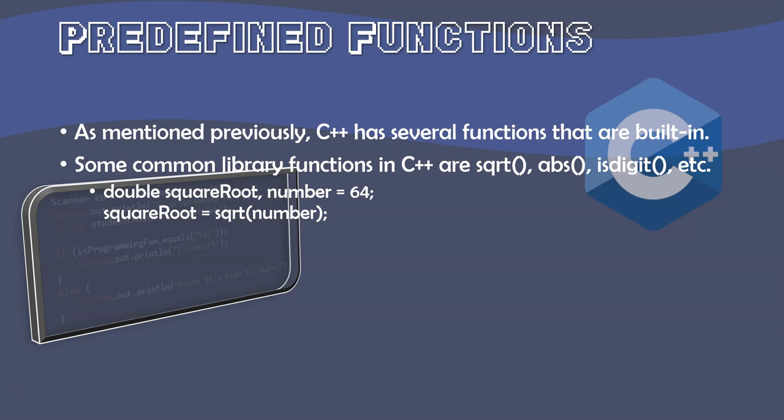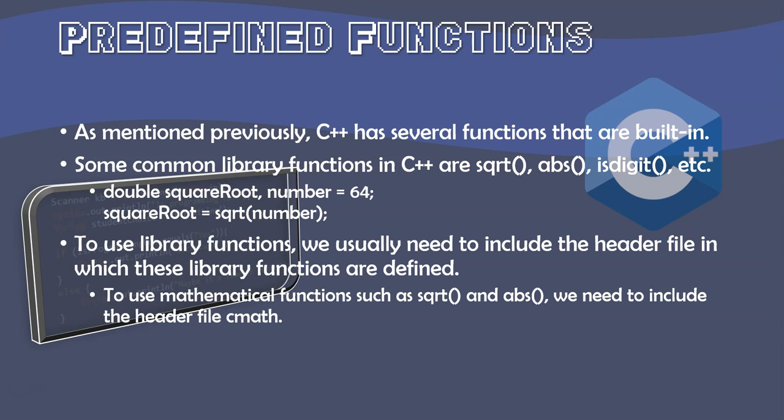All we're going to do is say we want sqrt to be equal to sqrt of number. Sqrt, of course, is the function that is built into C++ that we can use to plug a value in and have it solve for us. Now, if we want to use library functions,